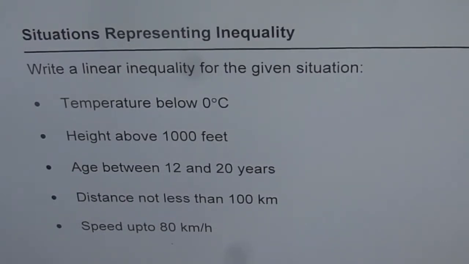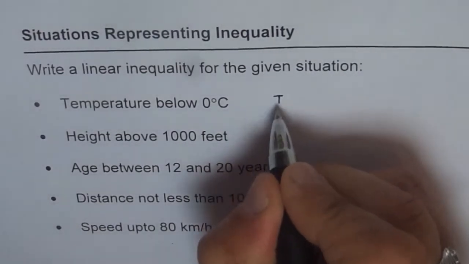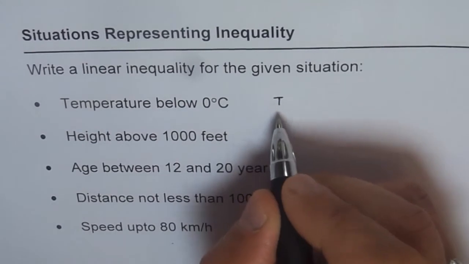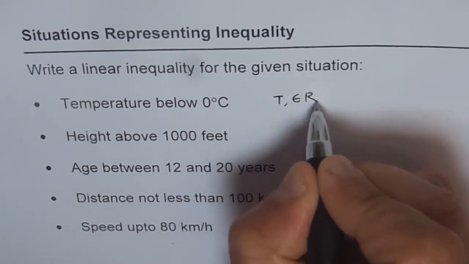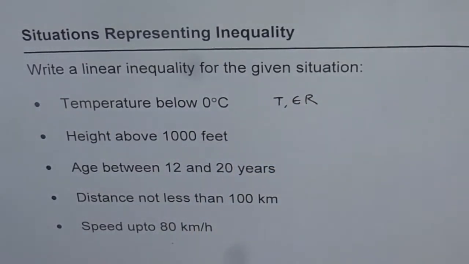Now, let's get to the basics. That is, why do we do it, right? And how do we apply it? Now, here, temperature less than 0 degrees, how can we represent this in terms of inequalities? So let us first define a variable. Let's say T is temperature, and T belongs to set of real numbers, because temperatures could be anything, negative or positive, any decimal numbers. So T belongs to real numbers is the variable defined for temperature, and then we'll represent this in the form